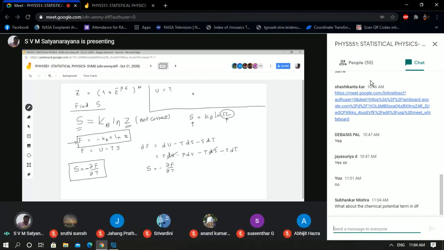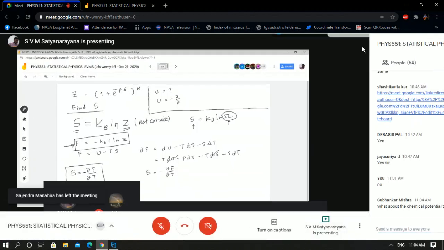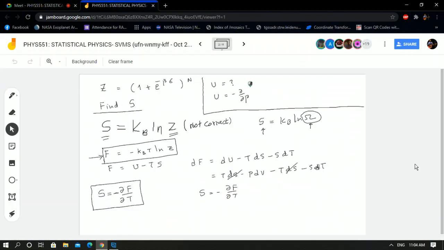How do you find out U? U is equal to minus del by del beta of ln Z. You have a direct relation: minus the partial derivative with respect to beta of the logarithm of Z. Okay, so that is going to give you minus k beta n logarithm of 1 plus,